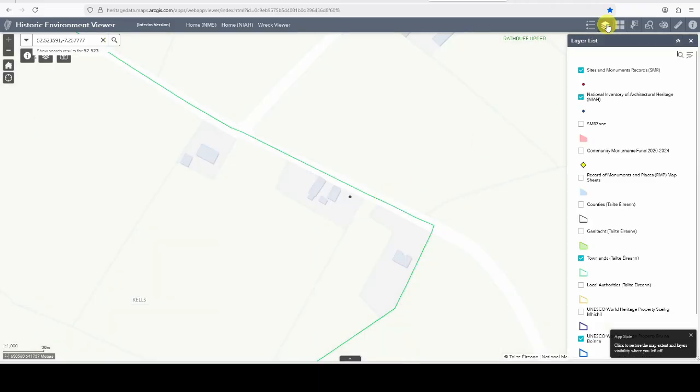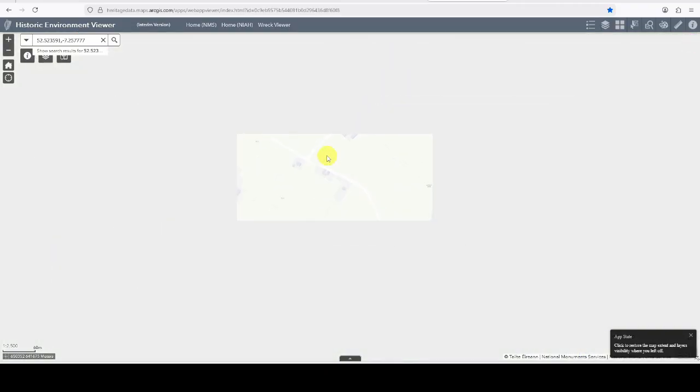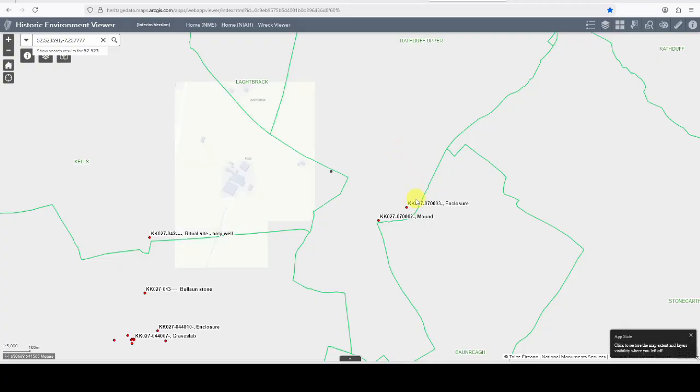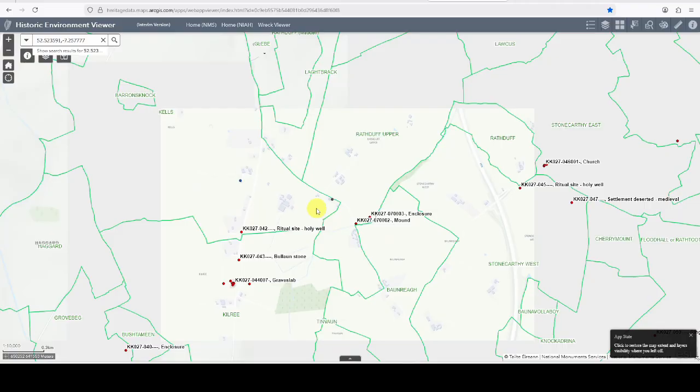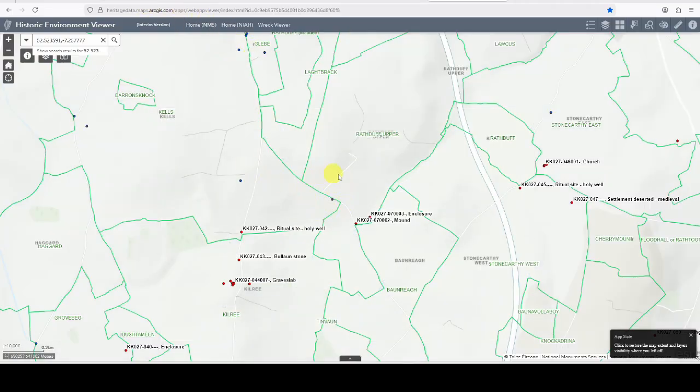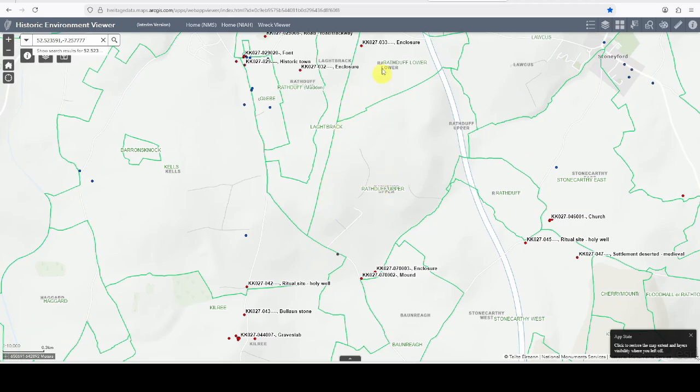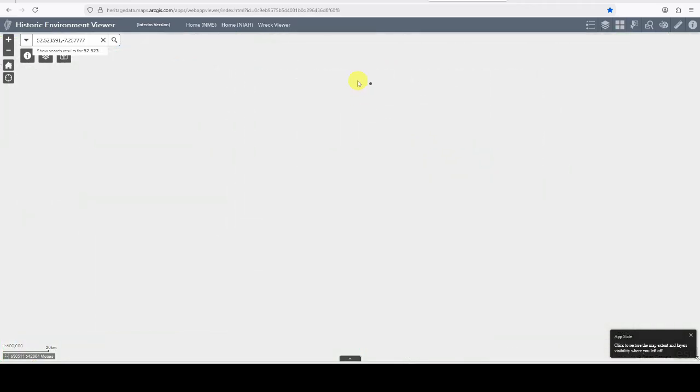And if you have the sites and monuments records layer activated here, which it is because you have these two red dots, where I locate this Keltrath castle is roughly here. I might be wrong. You can see there is no townland called Keltrath, but it's somewhere here. It's east of Kells Priory. It should be roughly here, and there's nothing indicated, but that does not mean it's not on the HEV necessarily, because there are a lot of 8,000 plus monuments. If you zoom out a lot,